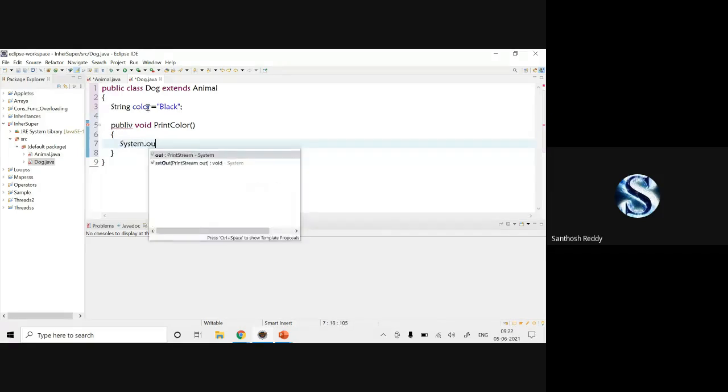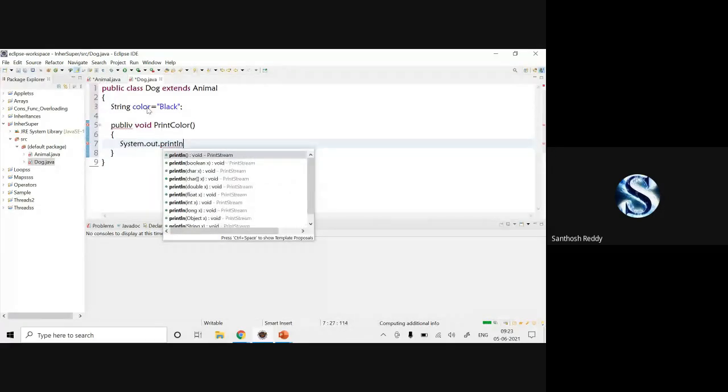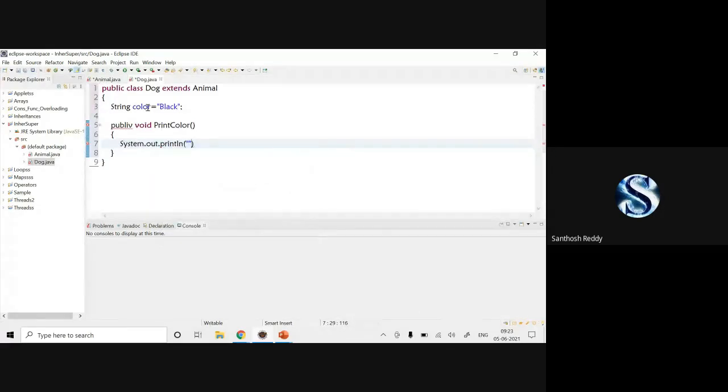So System.out.println("Dog class color is equal to " + color). Make sure that whenever you are extracting the same class variables, you need not make use of the super keyword.